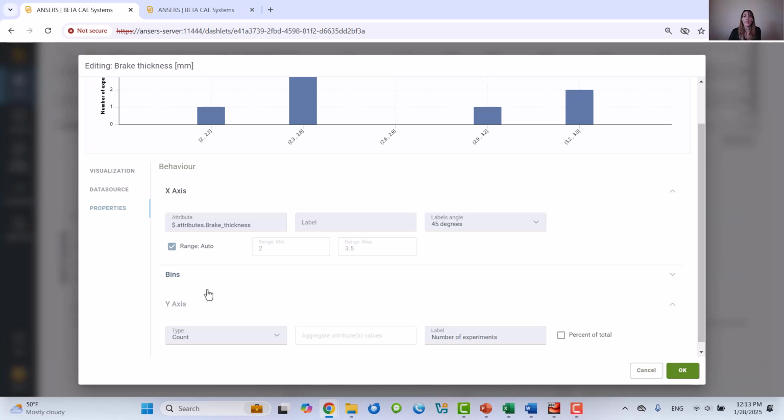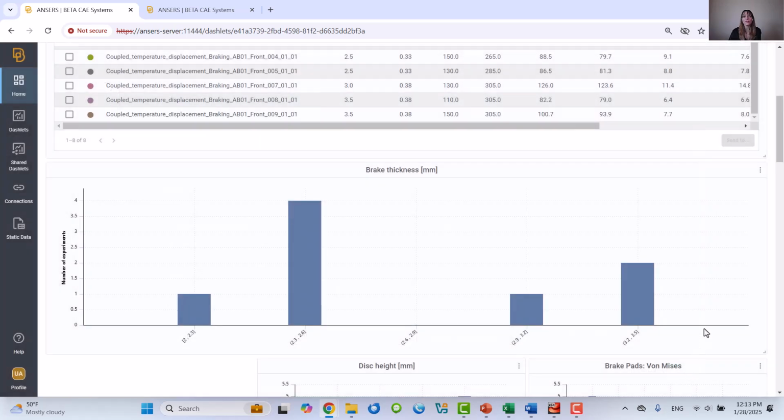Then the y-axis should be defined, and by selecting the type count, this option displays the experiments in each bin range. For example, it shows how many experiments fall within a specific range of the specific design variable. Let's open another example.